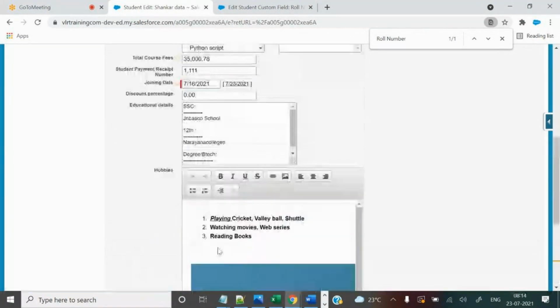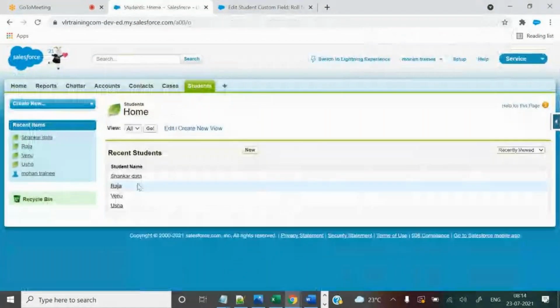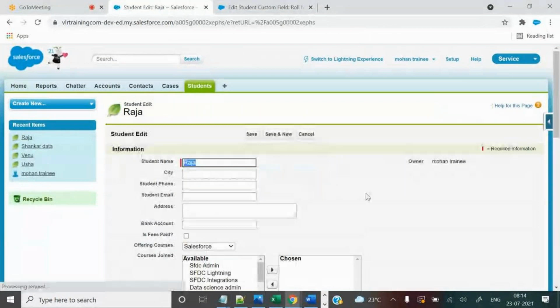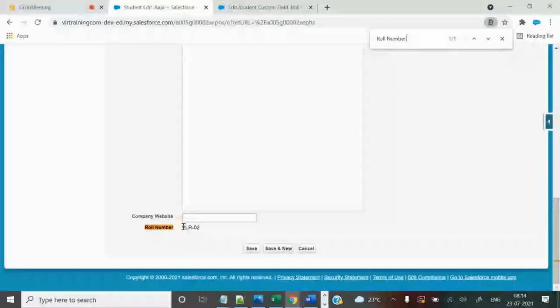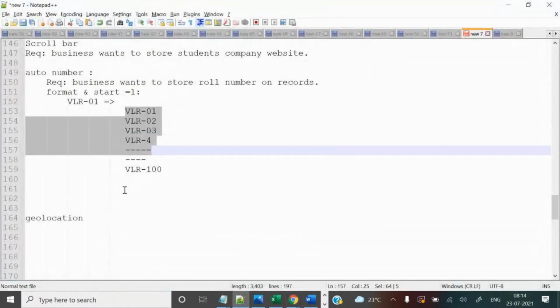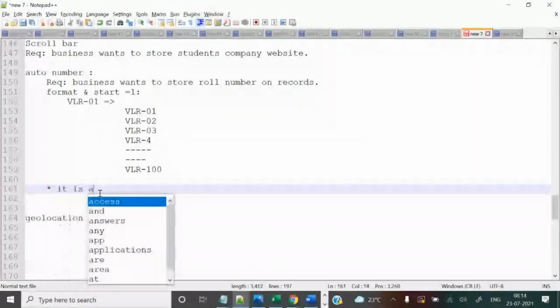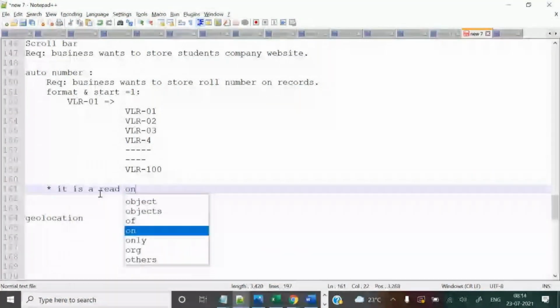And also go to existing records which has already roll number, Raja record, edit the record. Okay, roll number, go to it. Can you modify it? No, you cannot modify it. Why? It is a read only field. Now you need to know one more thing. It is a read only field.